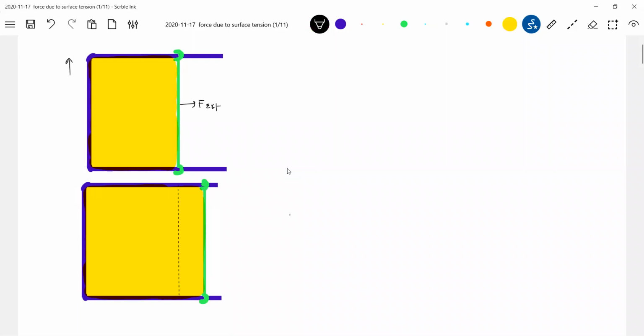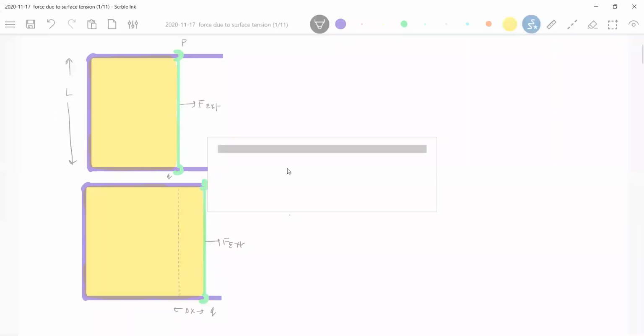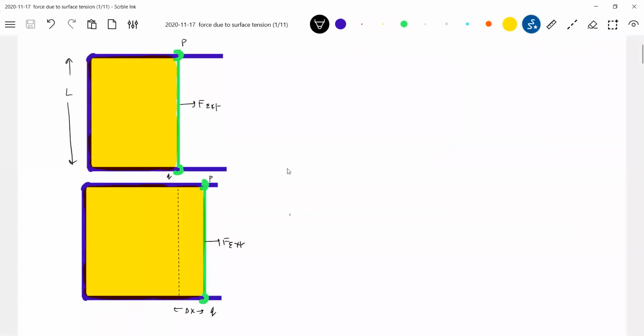What are the assumptions? Let L be the length. There's a rod PQ. The external agent will slowly displace it. So let it have a displacement delta X. Are you seeing the rod PQ has undergone displacement? Yes, it has. So what will happen? The external agent will slowly move the rod PQ from the initial position to the final position.